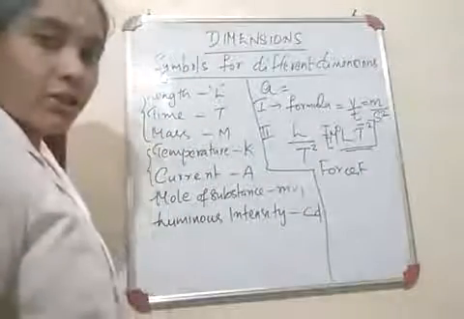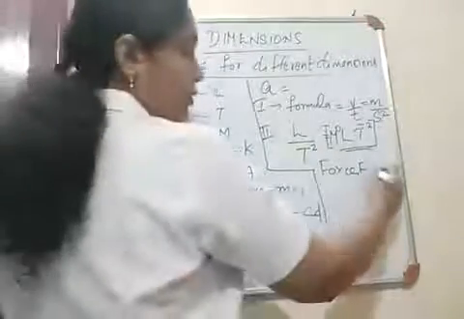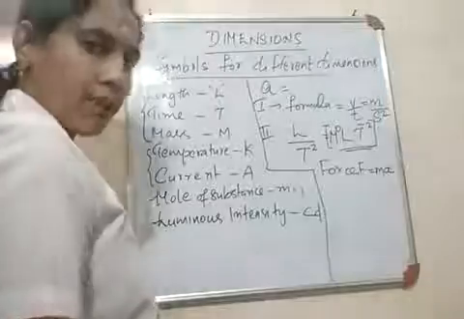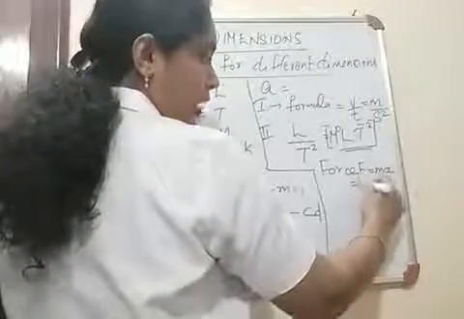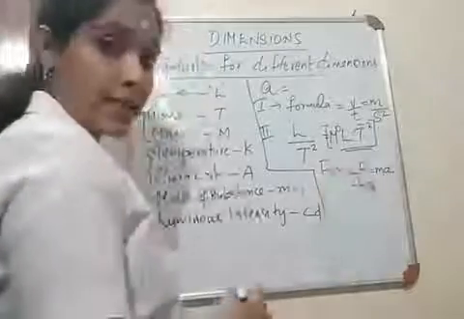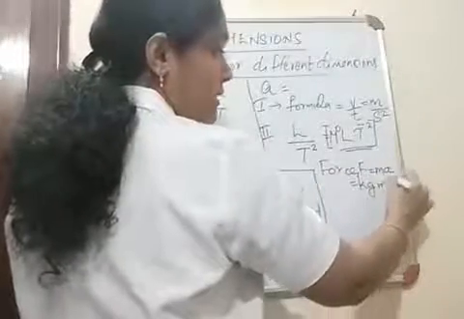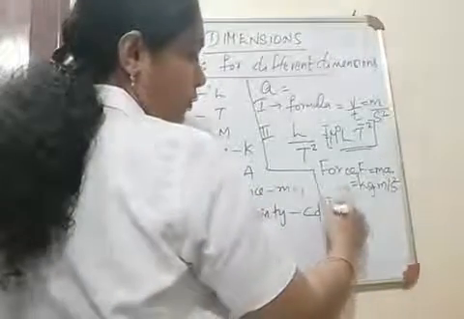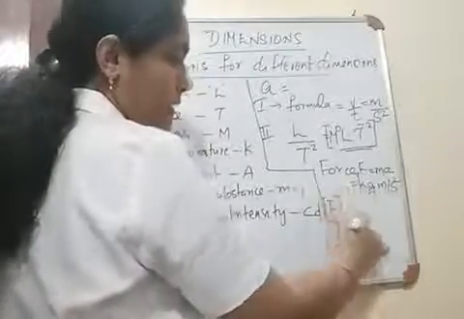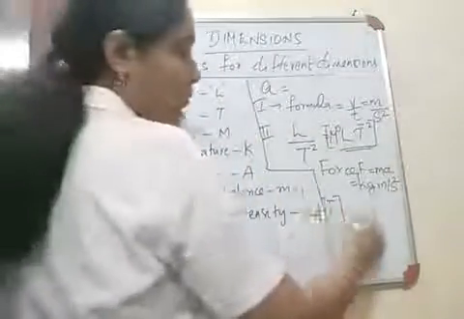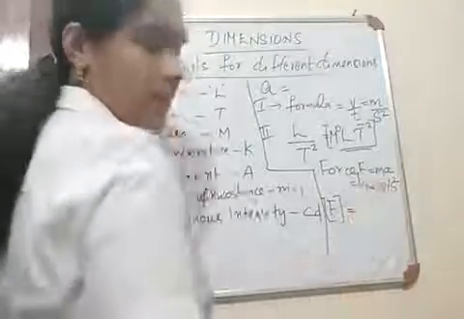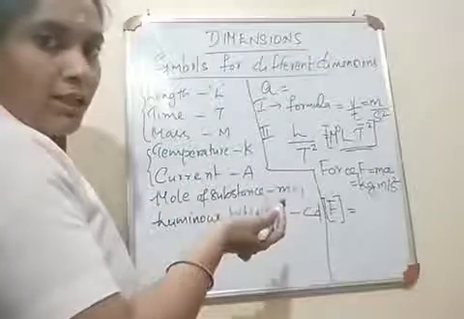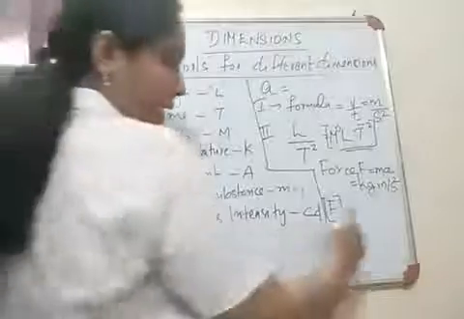How will you find out the dimensional form of force? What is the equation to find out force? Mass into acceleration. That is the equation, mass into acceleration. So what will be the unit? Unit of mass is kilogram. Unit of acceleration is meter per second square. Now what will be the dimension for force? See, since it is a dimensional form, we should represent it in a square bracket. So the dimensional form of force will be, what is the first term? Kilogram. And what is the dimension for kilogram? M. Kilogram means something related to mass, so its dimension must be M.